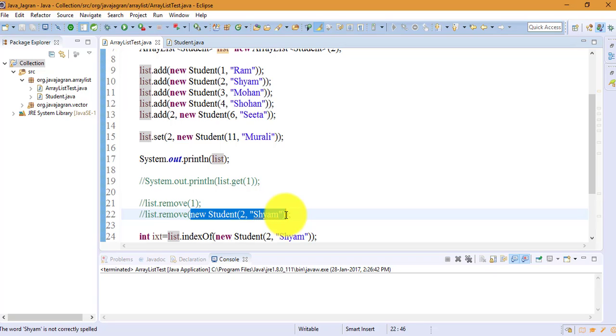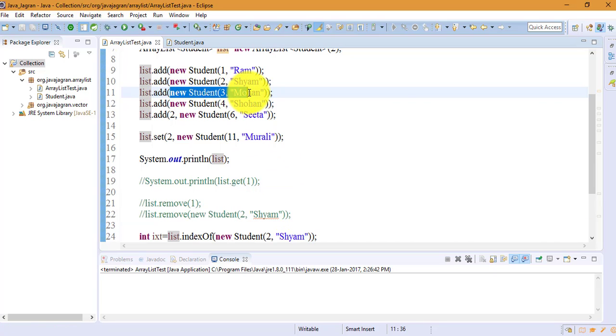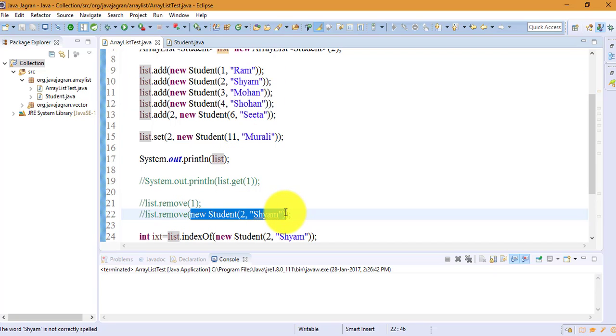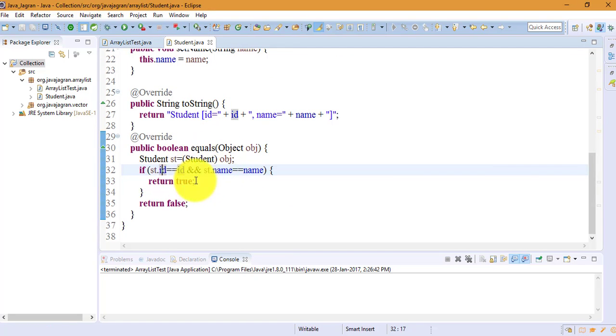So it will check the reference. But here is the other object we are passing, and here is a new object; both are two different objects, so they are not pointing to the same object, and it will not work properly. So in that case, we have to override the equals method properly in our class, so that it will call the equals method. The equals method can compare the data internally, however we want to compare, and then return true or false.